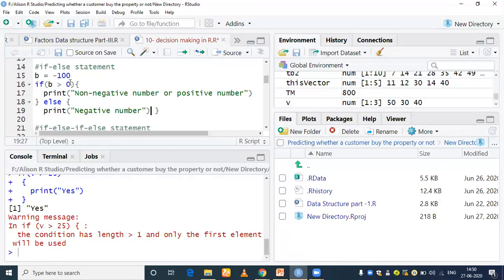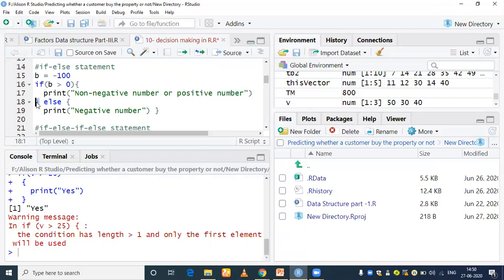First of all, put a condition inside an if statement. Put the test condition, b is greater than 0, and then start with the opening of curly braces. Inside that, write the statement that you want to execute if this condition is evaluated to be true, and then close the curly braces of the if condition. See here, the else must be written after the closing braces of the if statement.